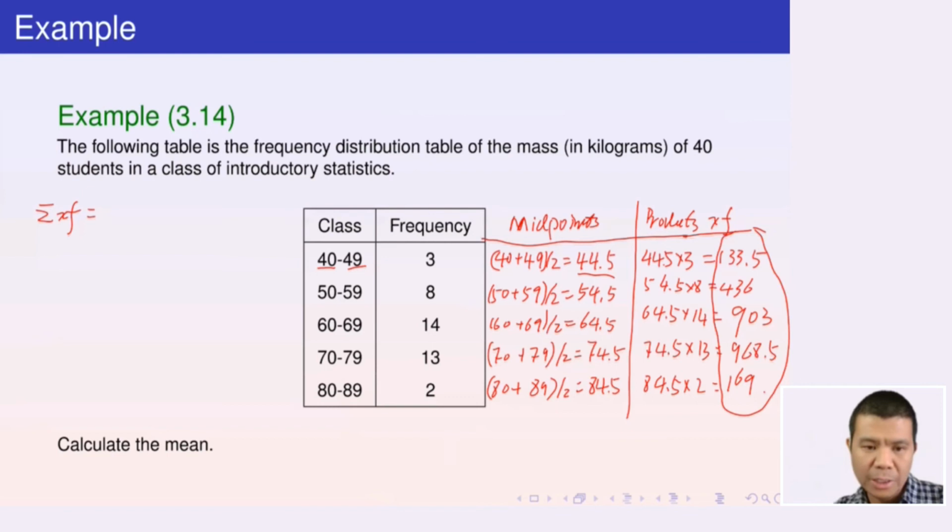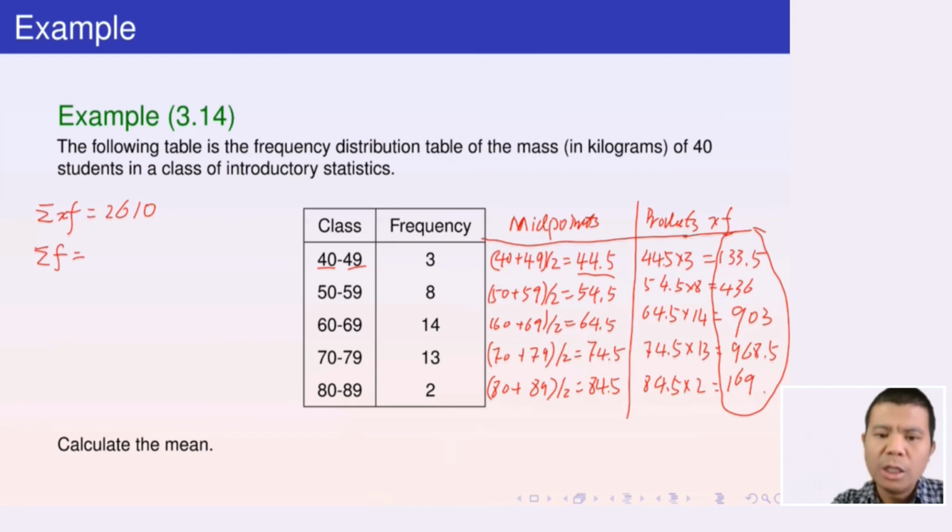What did you get? I got this summation equals 2,610. So this is the summation of the products,